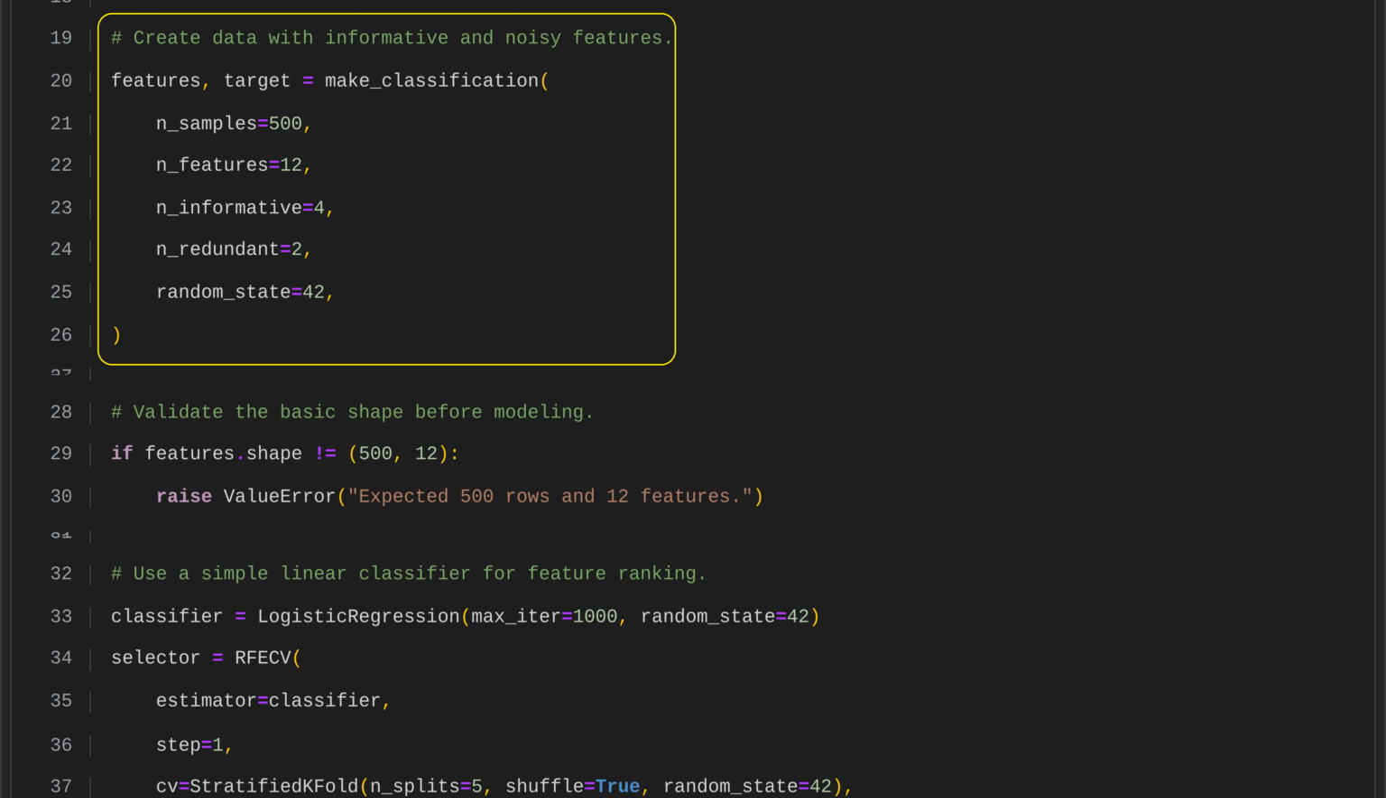We create a synthetic classification dataset with 500 samples and 12 features using Scikit-Learn. Only 4 features are truly informative, while 2 are redundant combinations of those useful features. A fixed random seed ensures the results can be reproduced. This setup mimics a realistic case where some features help prediction and others do not, making it useful for testing